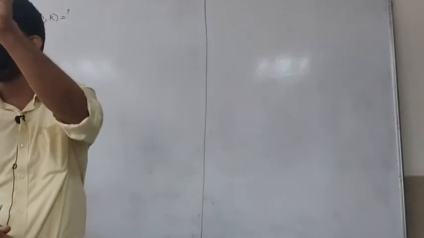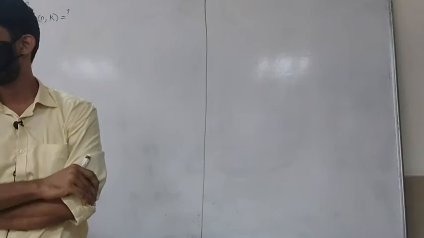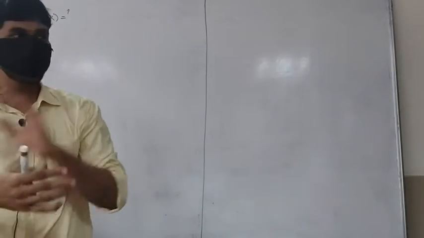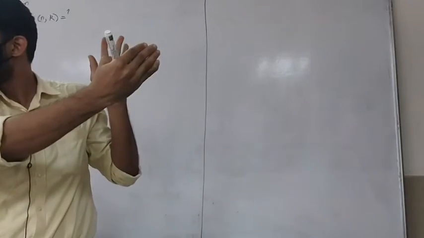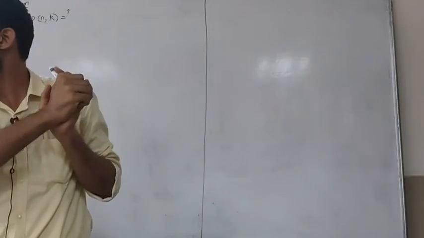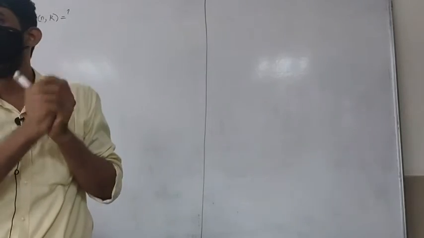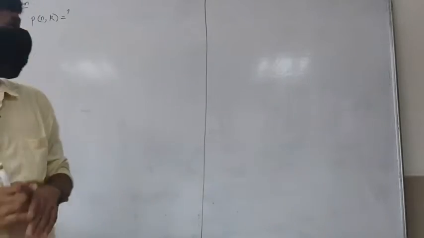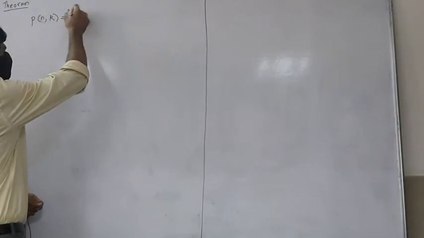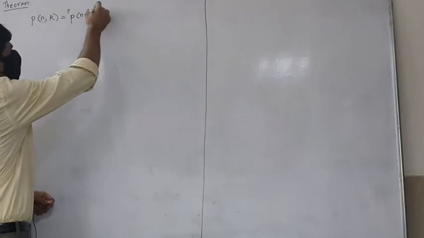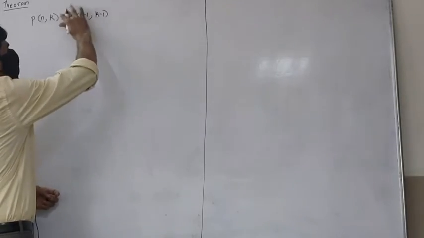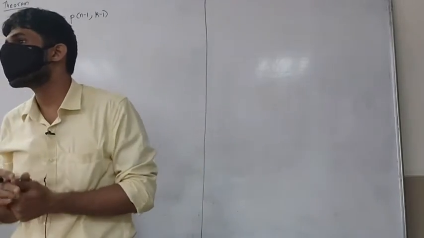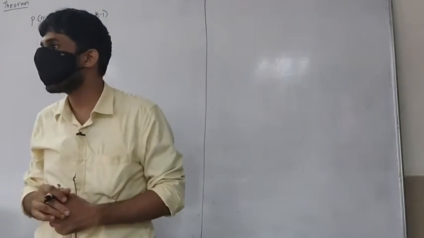If I know for sure that the smallest part is 1, that means the rest of it should be a partition of n minus 1, right? Into how many parts? k minus 1 parts, right? So that's going to be exactly P(n-1, k-1). But we know that the smallest part is not always 1. So what happens when the smallest part is not 1?